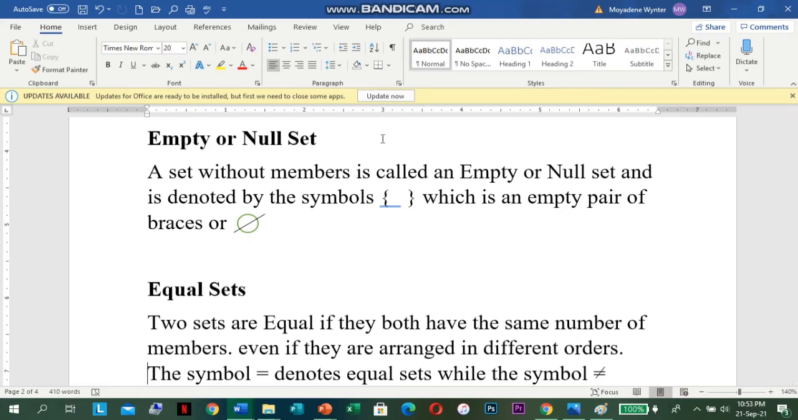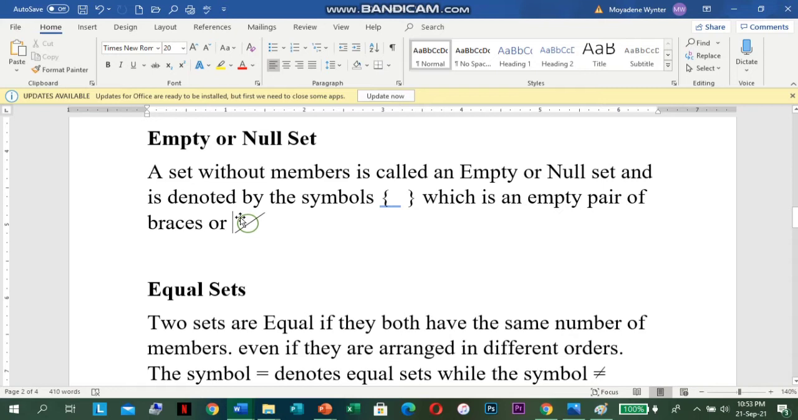A set without members is called an empty or null set and is denoted by the symbols. Let me see the braces here, which is an empty pair of braces, or this symbol here, a circle with a diagonal line. So these two symbols represent